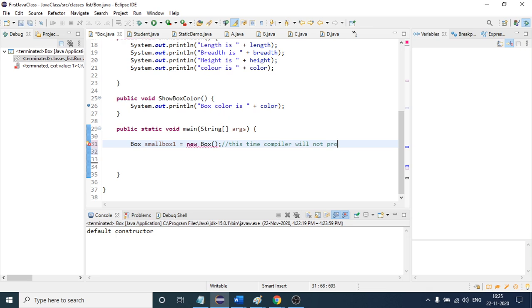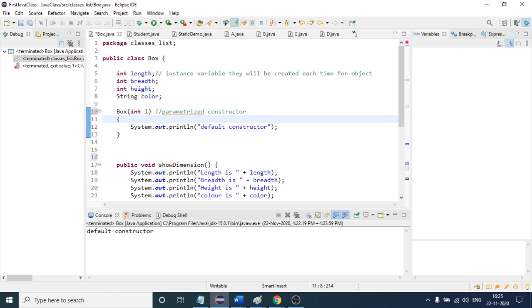So this you have to take care of. If you define any constructor, then the compiler is not going to provide you a default constructor. It will provide one only when you do not have any constructor inside your class. Is it clear? You can see this is throwing an error because